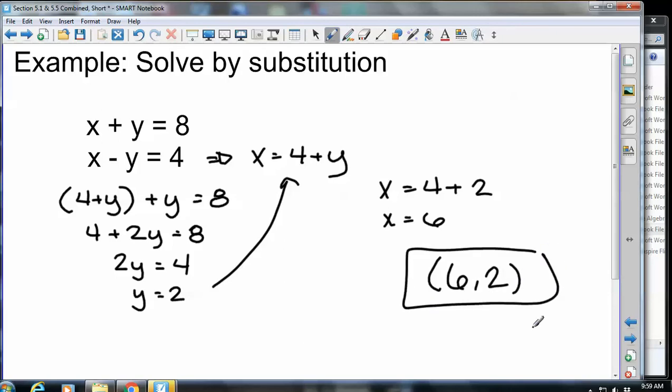I didn't ask for the classification, but we got a solution, so it's consistent. We only got one solution, so it's independent. I asked for that classification. What questions do you have there? Do we need another substitution? You guys remember that